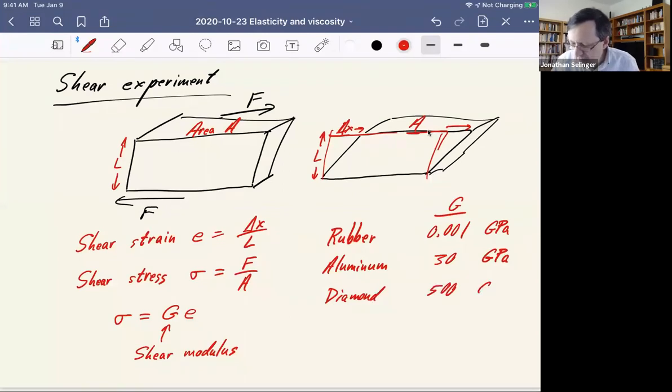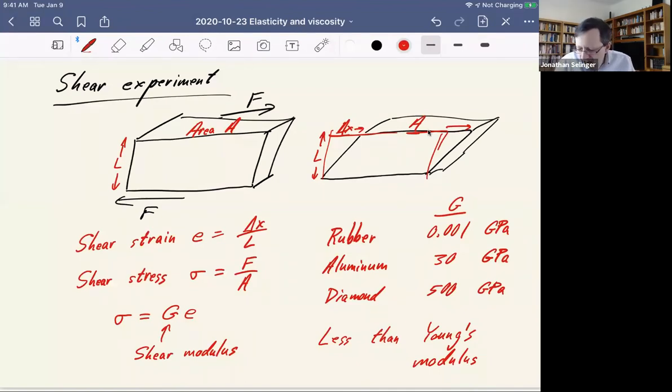Excuse me, is there a relation between shear modulus and the Young's modulus for the same material? For the same material, yeah. That's an interesting question. The shear modulus is less than Young's modulus, right? That's the first thing to say. It's less than Young's modulus because it is easier to deform a material in this shear way than it is to extend it. In general,